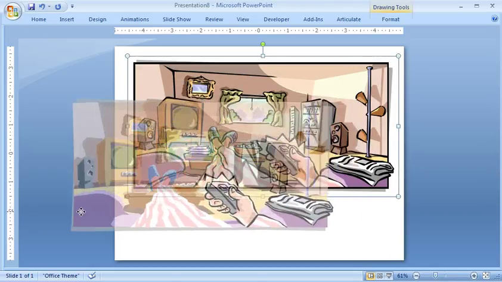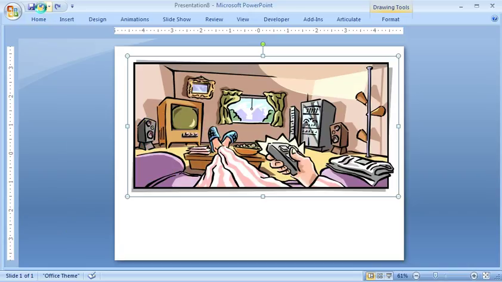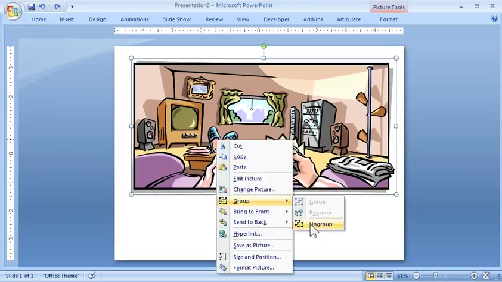Now when I select the couch and want to move it or take it out, you'll notice this is an entire image, and that tells me one of two things. One, this is either a complete image and so I can't do anything with it, or it's also grouped. So let's go backwards and I'll show you what we have. So if we go to ungroup the image,